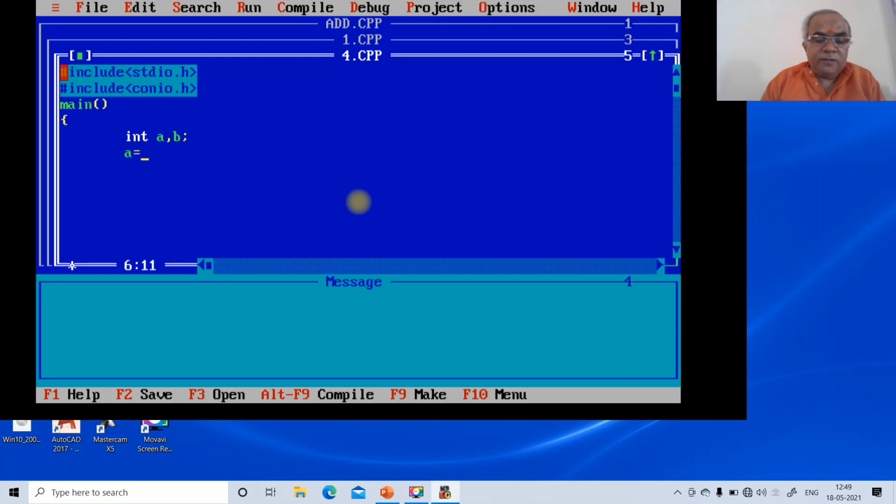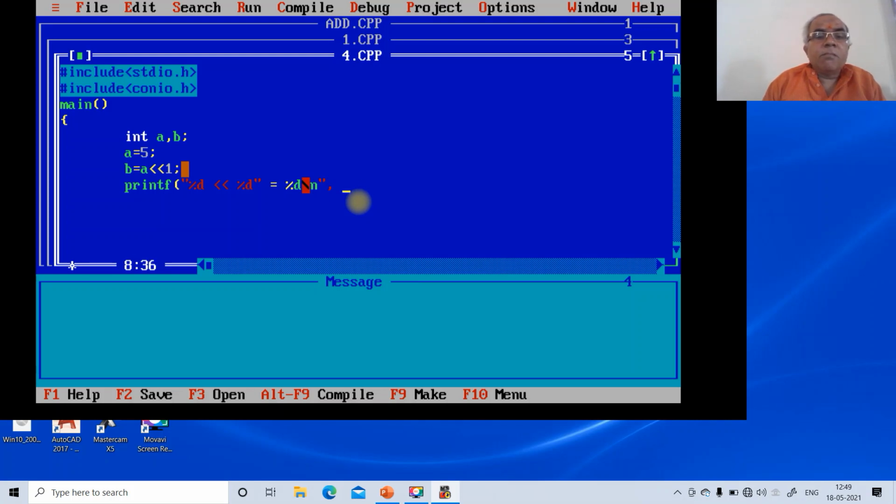So a equals 5, b equals a, left shift operator, then 1. Then printf, %d, then left shift operator, %d equals %d \n, a, b.